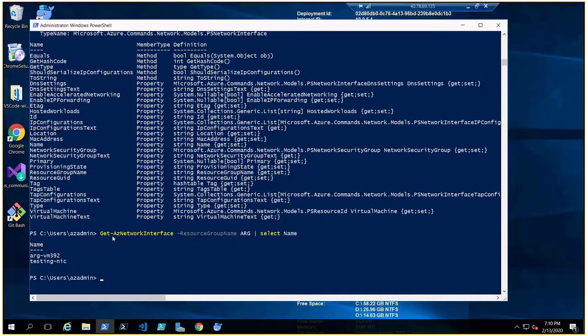We got the two virtual network interfaces. I know my machine's name is ARGVM, so this is for my virtual machine. It's pretty obvious, but if you want to dig further, you can go and select, let's see, virtual machine, if we get some information. I'm sure we will not, because you can see it has